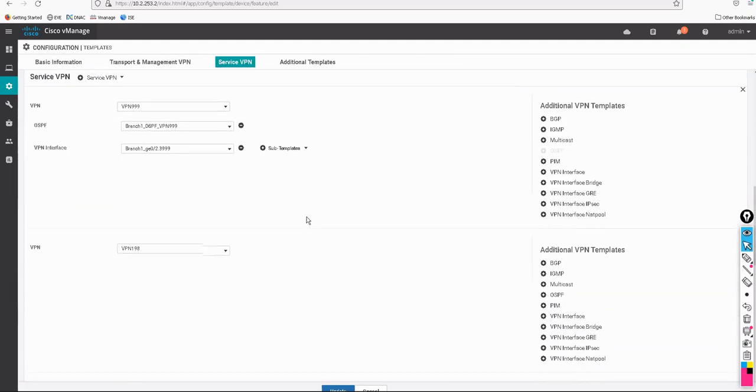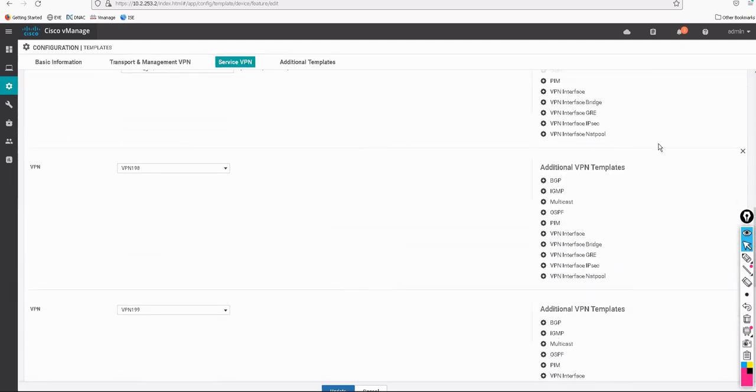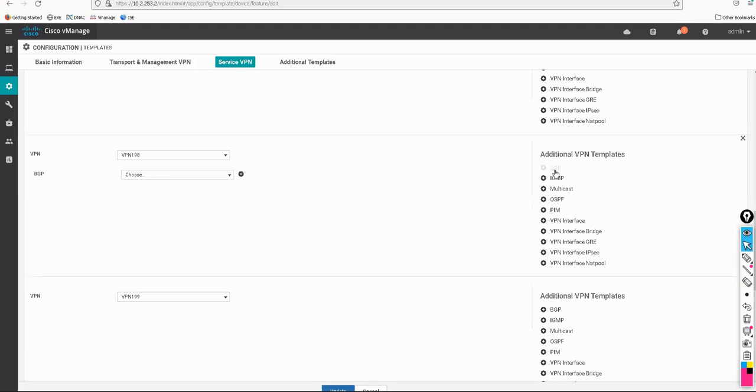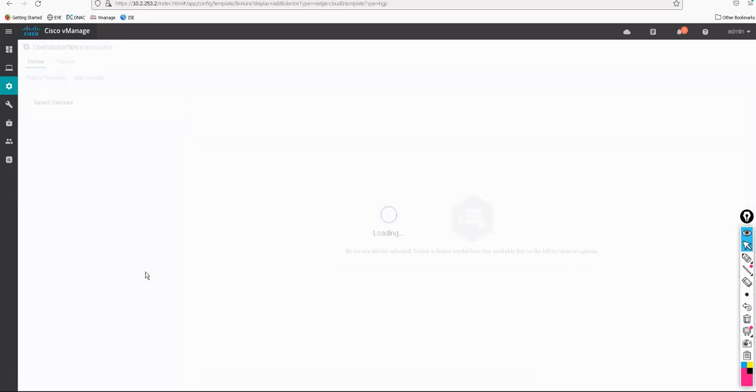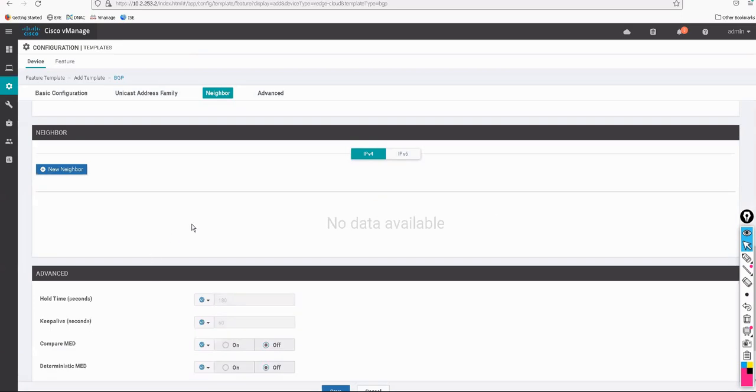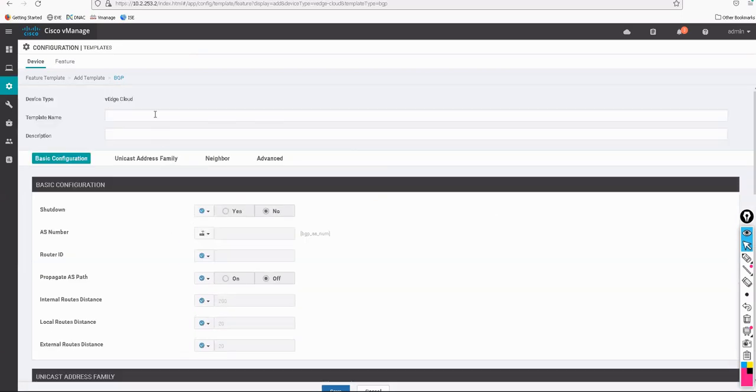Now for BGP, you need some additional templates. You need a BGP template and one VPN interface. So first I'll create a BGP template. And now I will not create 3 BGP templates. I'll create only one BGP template for both the branches. So I'll say BGP branch and here